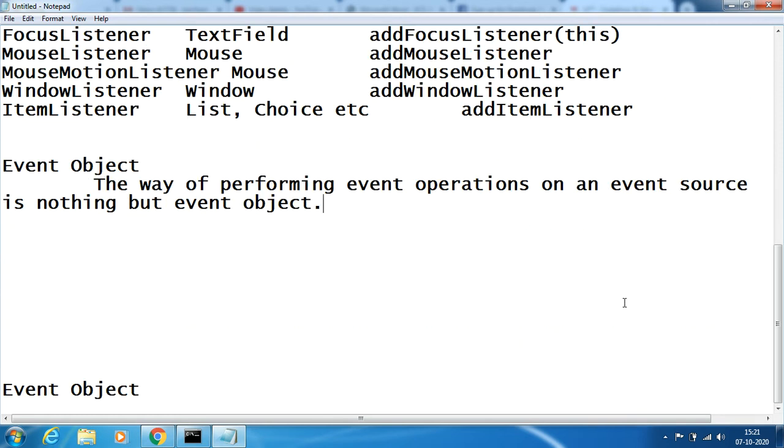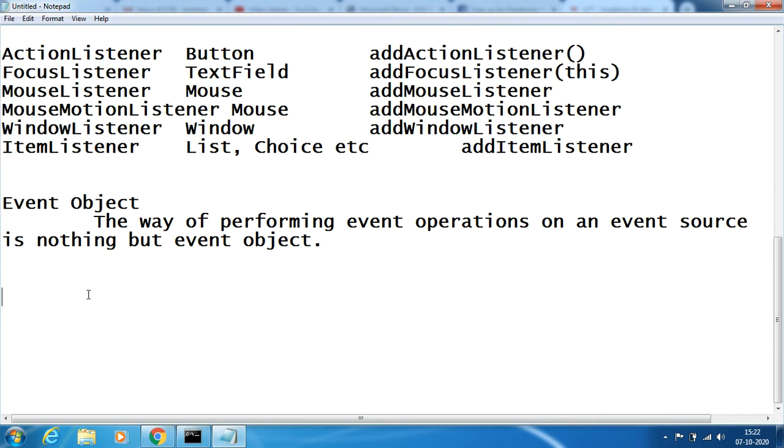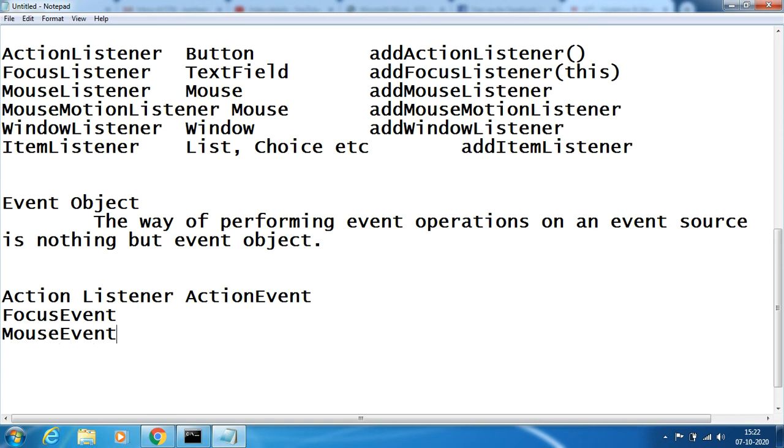Again, if you keep on writing, event object has multiple different events on an event source. If you take action listener, we have action event. If you take focus listener, we have focus event. If you take mouse listener, we have mouse event.